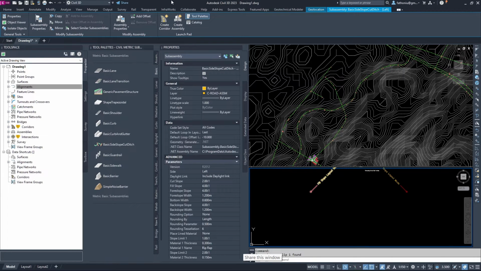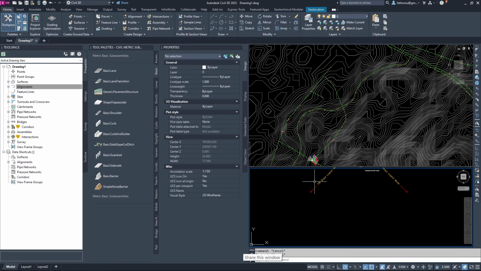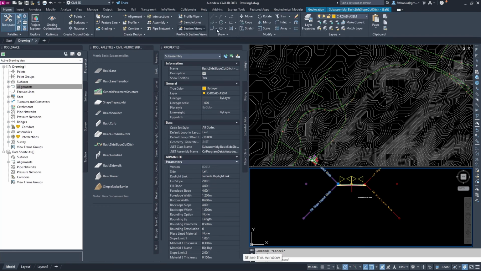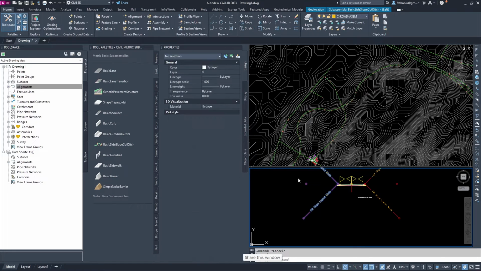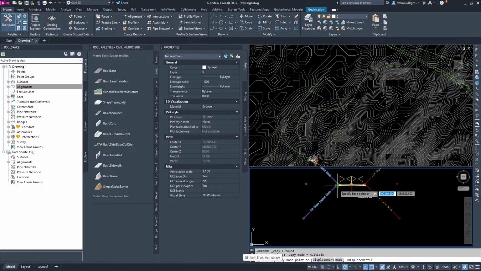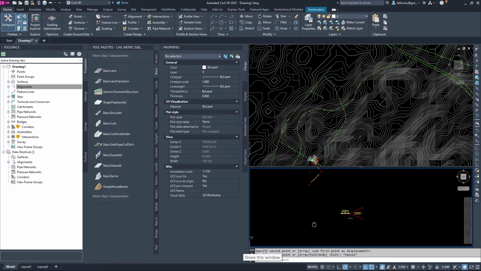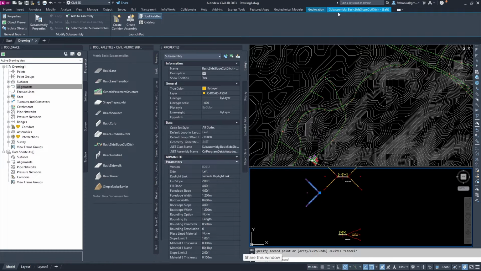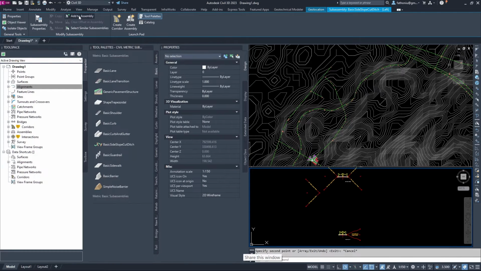You can select this sub assembly, and then go to home and then copy. So you copy, point of copy, and then escape. So you need to click this sub assembly and then the sub assembly contextual tab, then add to assembly.